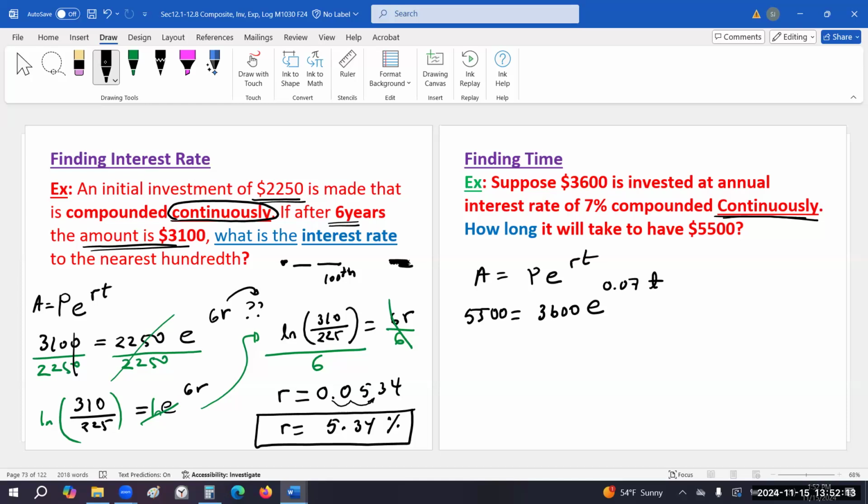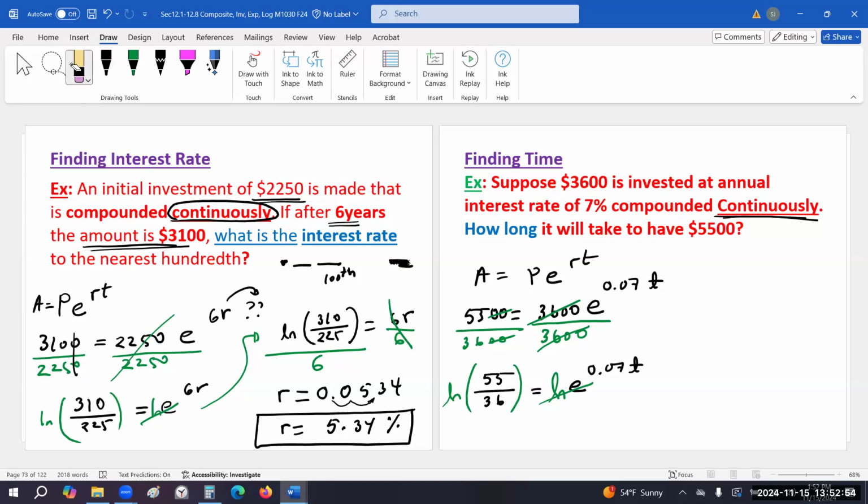We are facing the same problem. Our exponential term is not alone. So we need to divide both sides by 3,600. The 2 zeros cancel out. We get 55 over 36 is e to the 0.07t. Now our exponential term is alone, with our base and exponent. So we go ahead and apply ln to both sides. E and ln cancel each other out. So we get,